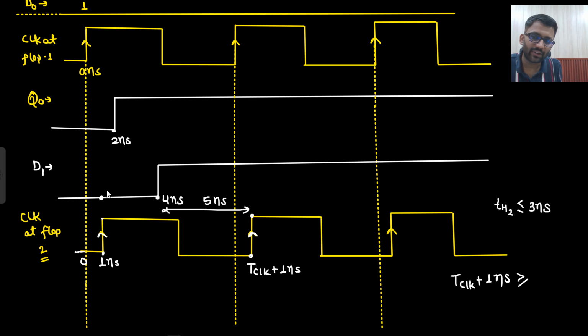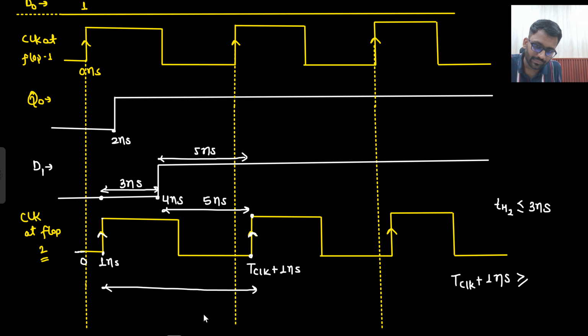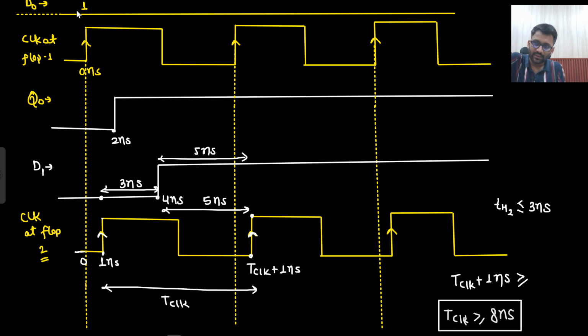Look, this window is 3 nanosecond. And this window is 5 nanosecond. And this complete window is T clock. Say yes or no? So you can either directly write that your T clock should be greater than or equal to 3 plus 5, 8 nanosecond. Either you can directly write it, or you can take the reference of 0. This complete line shows T equals 0 nanosecond only, no? This is 0 nanosecond, this is 0 nanosecond. So if this is 0 nanosecond, this is 1 nanosecond, and this window is T clock, so this will be